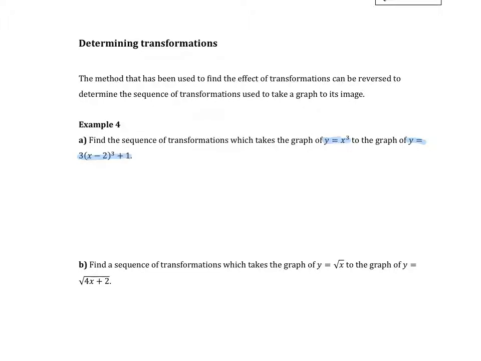So I think the easiest step here is let's consider the new graph, which is y dashed is equal to 3 times (x dashed minus 2) all cubed plus 1. Yeah? That's my new y graph. We want to get that into the same form as y equals x cubed. So that means I'm going to take the 1 across, subtract 1 and divide by 3, and that's equal to (x dashed minus 2). So if I compare this to